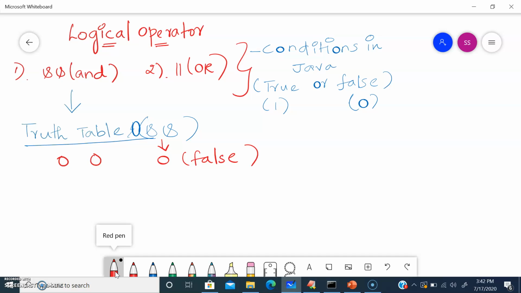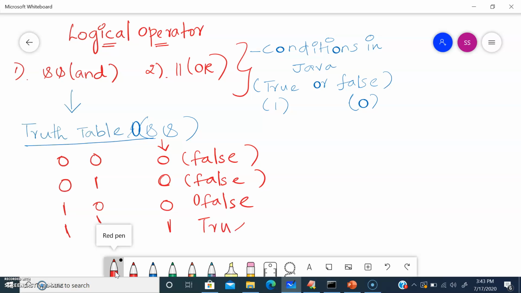If any one condition is not satisfied, the AND operator returns false. If one is false and the other is true, it returns false only. If one is true and the other is false, in that case also it returns false. Only if both conditions are true does it return true.